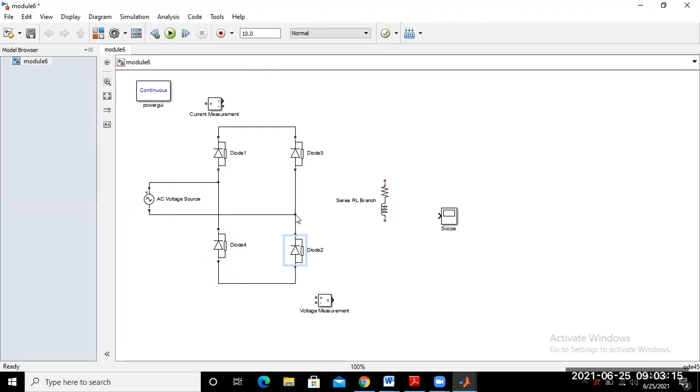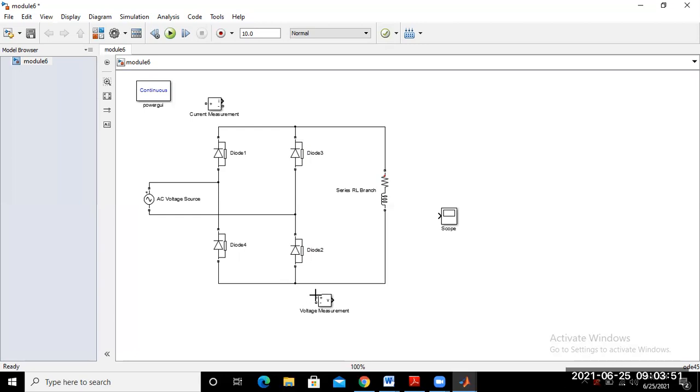Okay. Now we just want to connect the load. So this load is connected with RL first of all. So just try to connect this load with the rectifier. So the load is already connected to the rectifier. Okay.